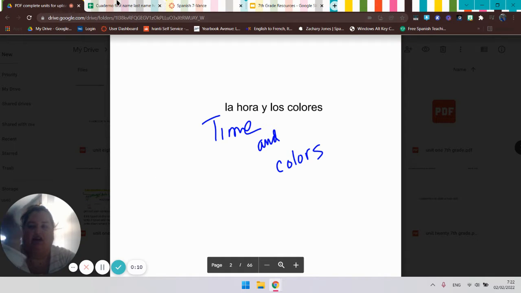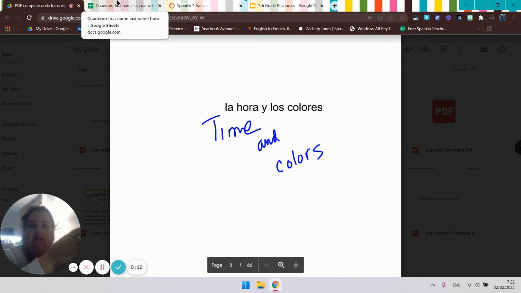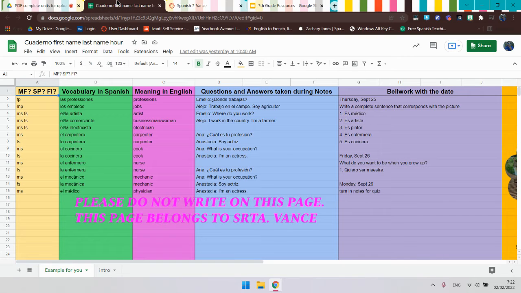So you should have your Quaderno open, and I would also suggest the resource Quaderno open, so that way you can get to the Quizlet. I will take you through the time notes and then the colors notes. So on our Quaderno,